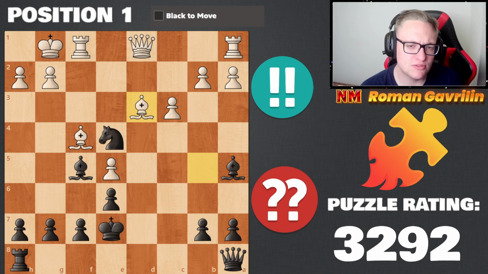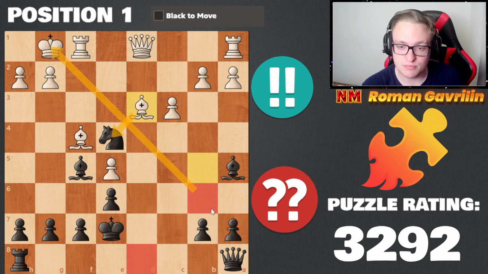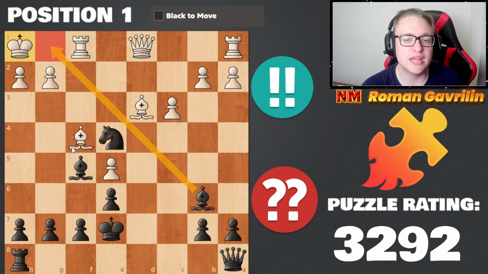White just played bishop d3, threatening to take our knight, but here we have beautiful setups on the d file as well as on this diagonal b6 g1. And we start, you can pause the video and try to solve the problem. The first move to play is bishop b6, we give this check, getting the king away, and now